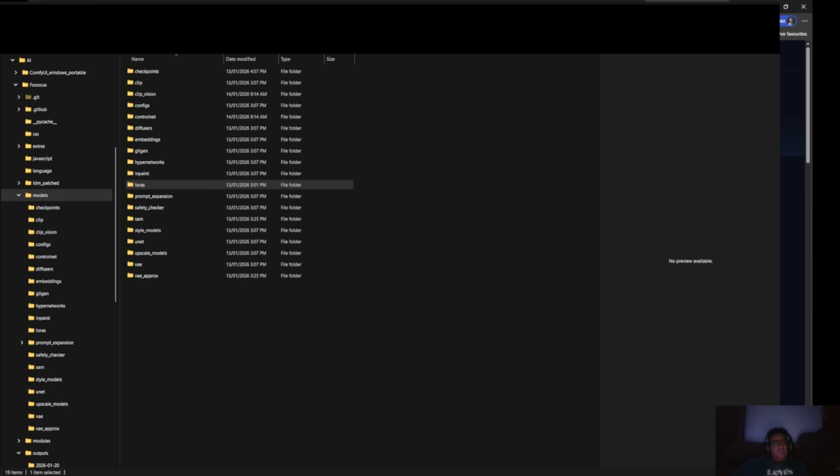So open it, look for files and versions, click on that, look for the highest or the largest file here. You will find this is the one you need, and this is the extension .safetensors. Just download this file